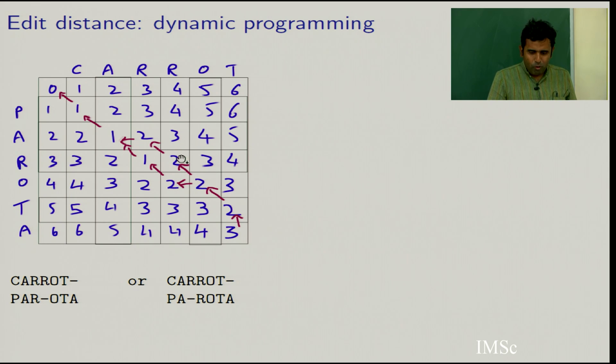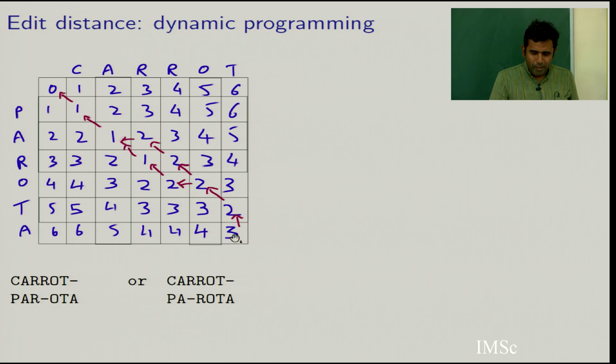The previous R could have matched, or there could have been a gap here and the R could have matched with the other R in carrot. So there were 2 arrows leading from here, but eventually you fill up the entire matrix and you end up with the